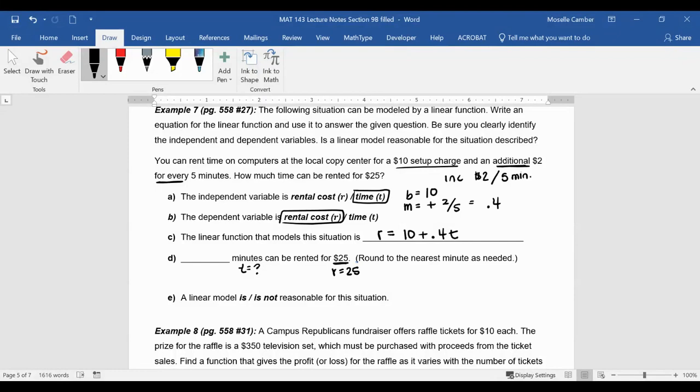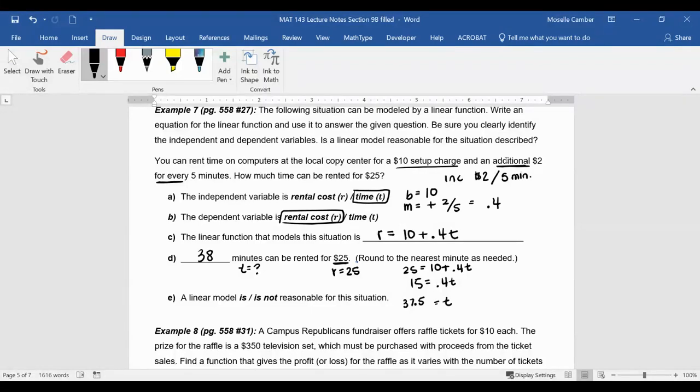So I plug in 25 for r and solve for t. So I subtract 10 from both sides, divide both sides by 0.4, and I get 37.5. Now rounding this, because this says round to the nearest minute, that would be 38